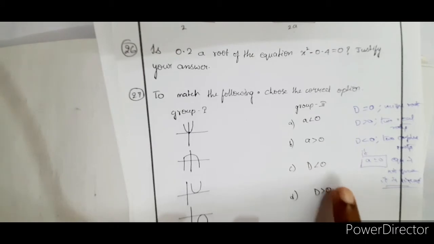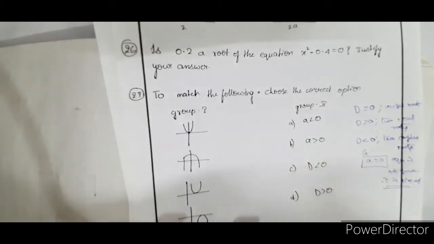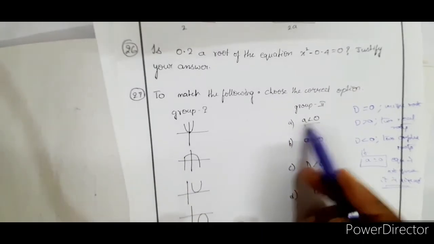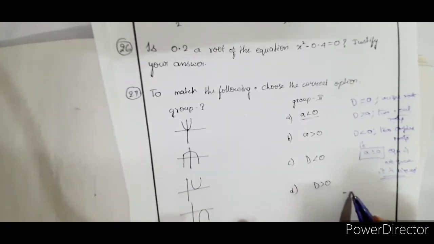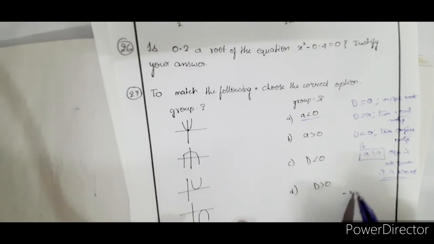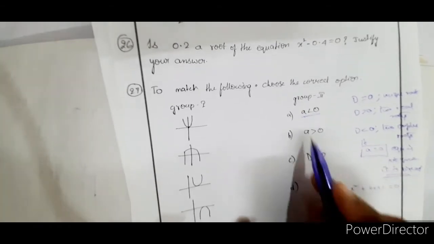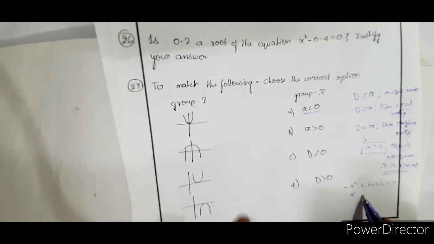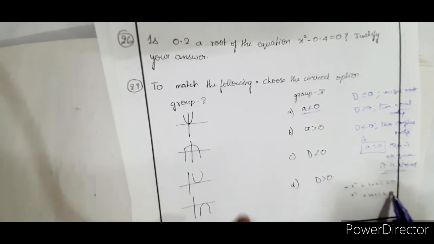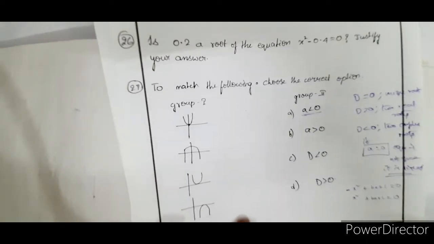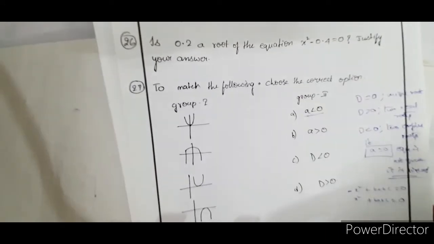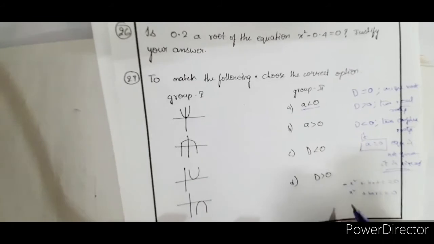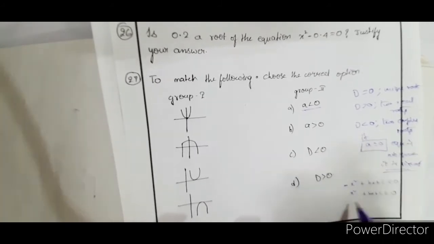With D being the values again, D is equal to 0. So you need to make a concept like with minus a negative, in the sense something like minus x square plus bx plus c is equal to 0. A greater than 0 means it could be ax square plus bx plus c is equal to 0. So these are the equations. So what do we see here is like this, right? Minus x square plus bx plus c.